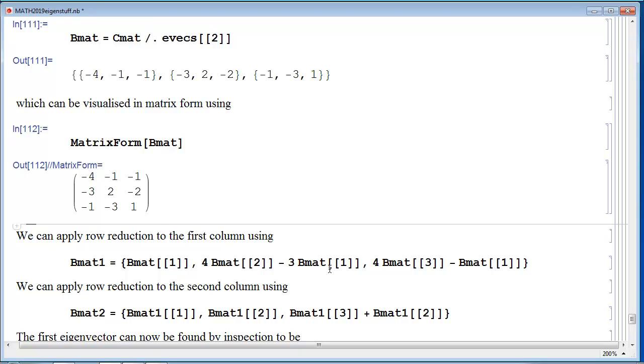So we start off by doing row reduction, and we can see that we want to get a 0 here and a 0 here. So if we subtract 3 times the first row from 4 times the second, that'll get a 0 here, and then the first row from 4 times the third row. So we do that here,